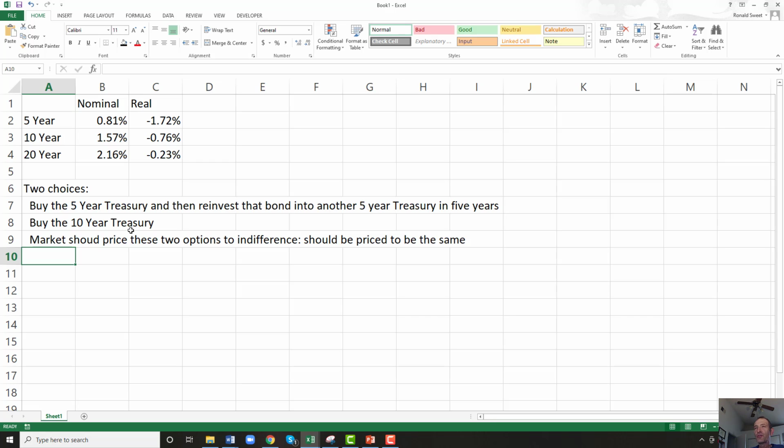And you can actually execute that. Buying and shorting treasuries is not that difficult to do. You could buy a 5-year bond, and we'll talk about it. You could buy a 5-year bond and short a 10-year bond, and actually, if you're right about future interest rates, you could make a lot of money. So what does that mean? So if we buy the 5-year,